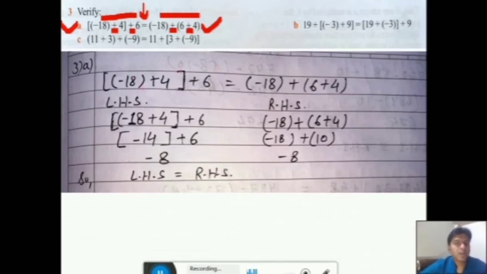First we have to add these two numbers. So I took the LHS part first. In the LHS, minus 18 plus 4 plus 6. So I will add minus 18 plus 4. Minus 18 plus 4 will be equal to what? Minus 14. How minus 14? Because here is a sign of minus and here the sign of plus. So different signs are there. For different signs we have to subtract the numbers. So after subtracting the numbers we got minus 14.